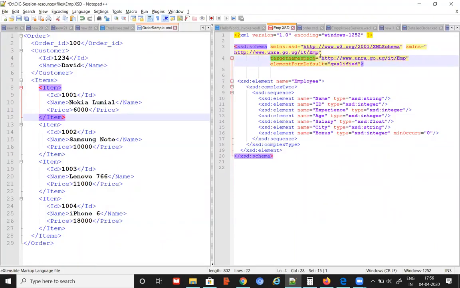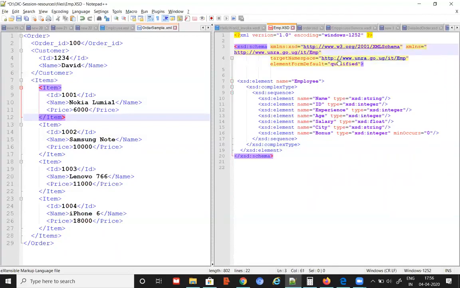And in between, there's also something called xmlns. Whenever it is xmlns, you can read that as XML namespace. Here xmlns, and this is also xmlns, but this one has a colon and some value, while this one doesn't have any colon, right? These are the three things you should understand.